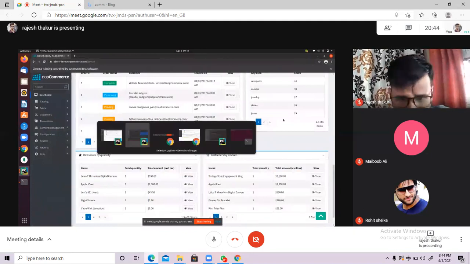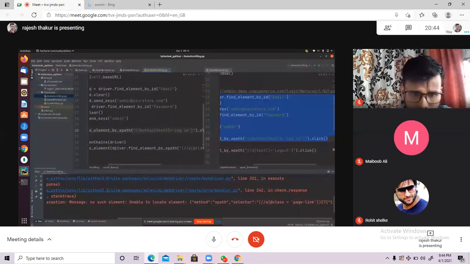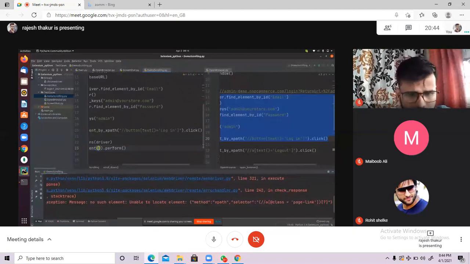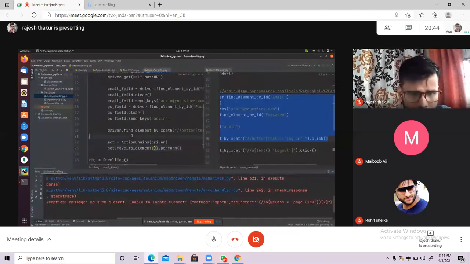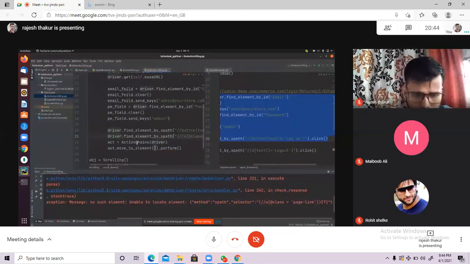So what you can do, basically, Control X, and here the arrow, and this arrow XPath, pass here.